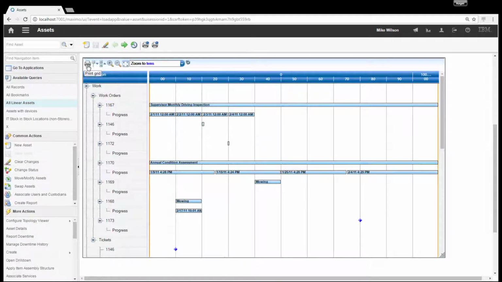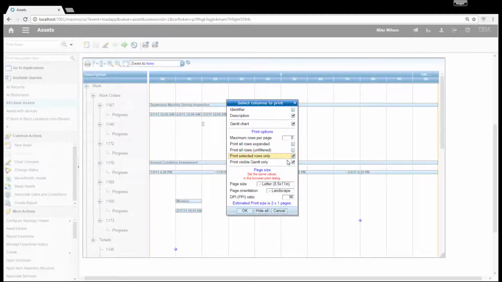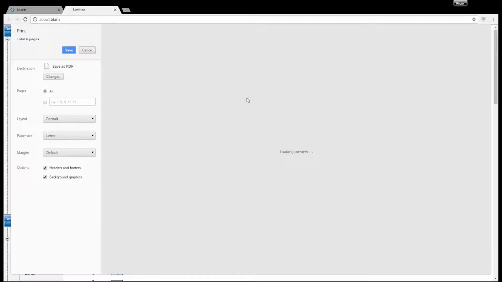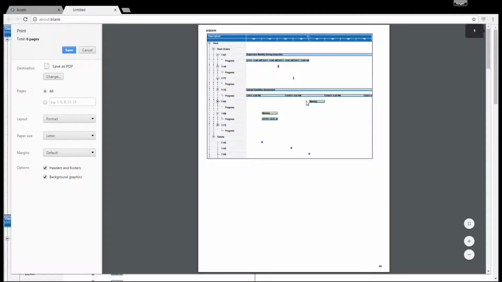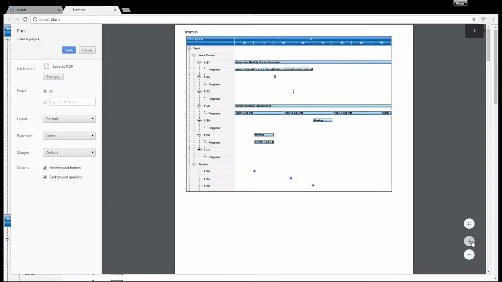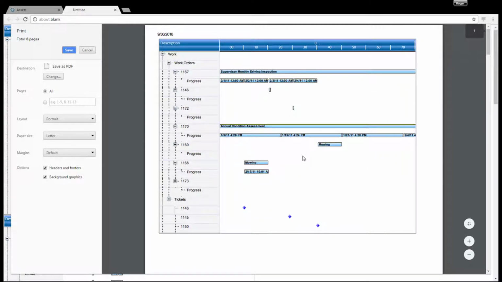The next one is the print tool. What it'll do, it'll print what you see graphically here in your linear visual controller. So if I click here and say print the visible Gantt only, I press OK, and a second later, it prints it out. So you can see that it prints out what you see there. Of course, you gotta have the correct layout and paper size to get what you want, equivalent to what you set at the